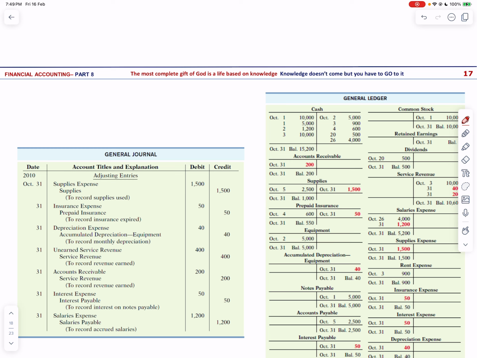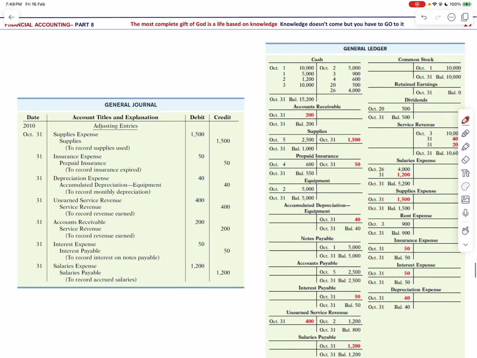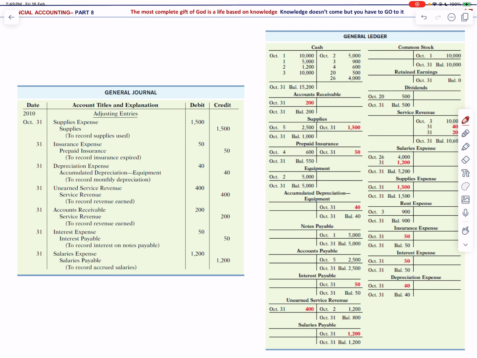So once adjusting entries for Sarah Corporation on 31st are done, these are the general entries that are going to be recorded, and you can see these are for both accruals and deferrals. And these entries are recorded again into the ledger as well to reflect the company's financial position. The adjustment process involves identifying and rectifying discrepancies in accounts to align them with the revenue and expense recognition